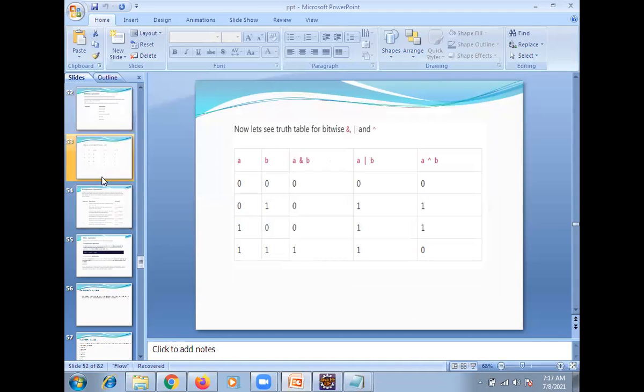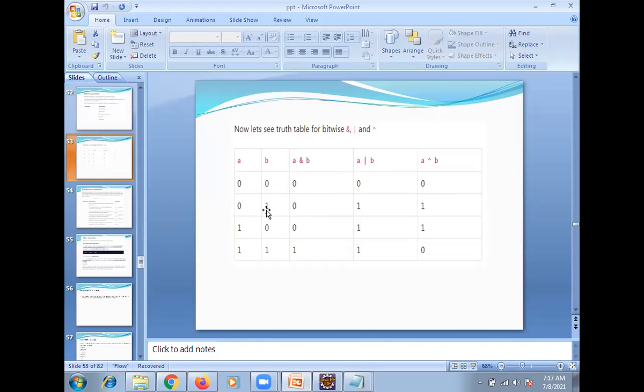So bitwise operators will check like this. You can see A and B, 0 0, A and B is always 0. True, just now we discussed, right? True, true, always A and B true, A or B true, and exclusive or is neither this nor this, like A union B and A intersection B. True, false is always false.